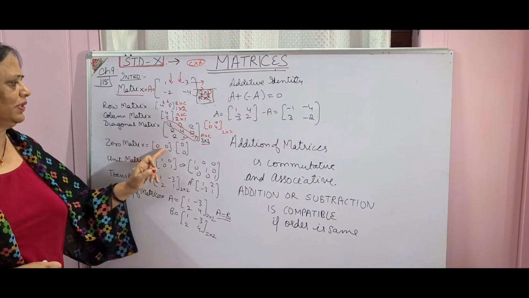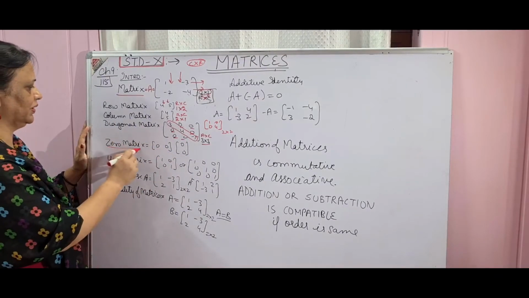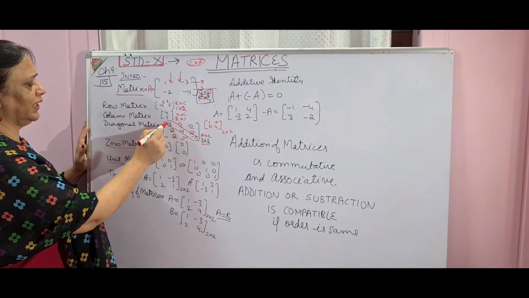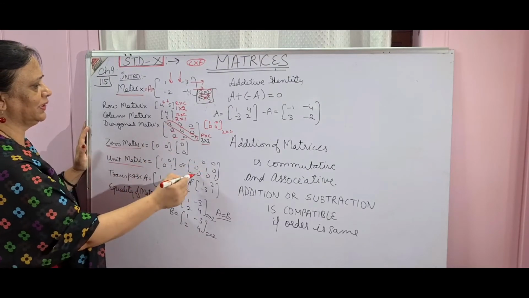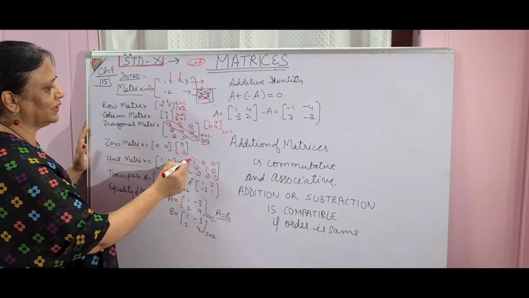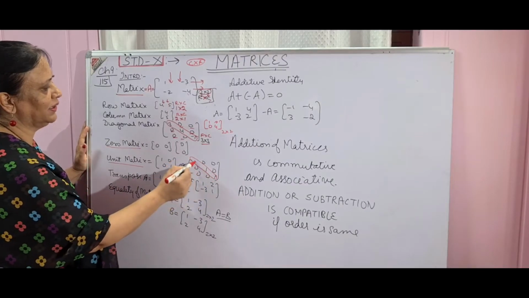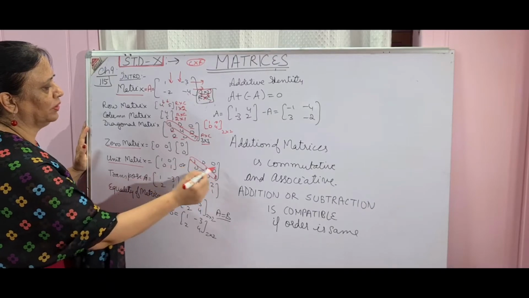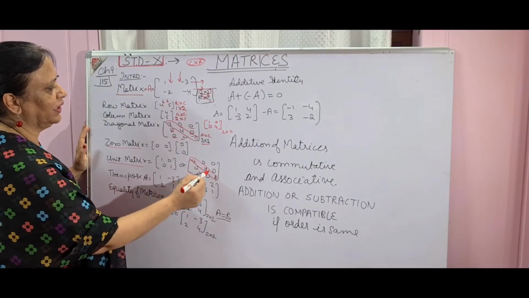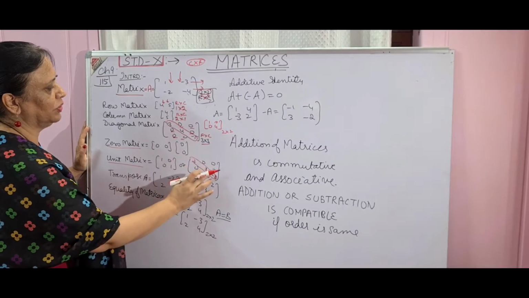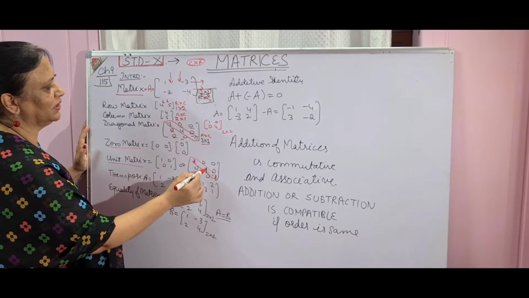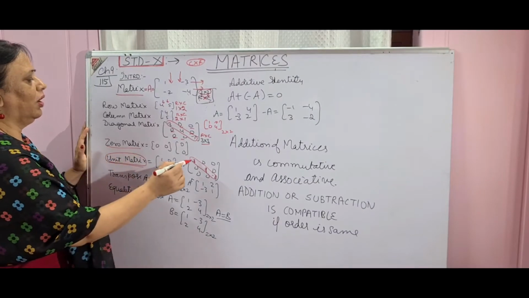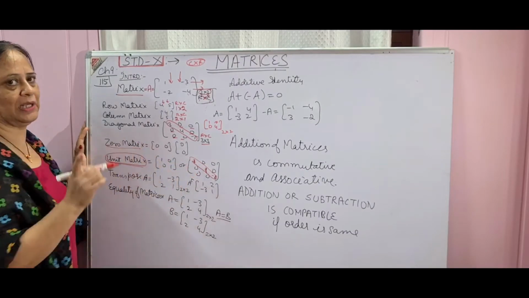When all the elements are 0, then it is said to be a zero matrix. In this diagonal matrix, all other elements are 0, but the diagonal of the matrix has 1 as the members, or you can say 4. If I take 4 here, then you can take 4 common also, because it's the same. So basically I just read it like that. A unit matrix is a matrix in which all the elements are 0 except the diagonal.